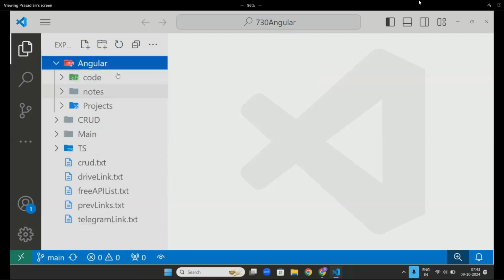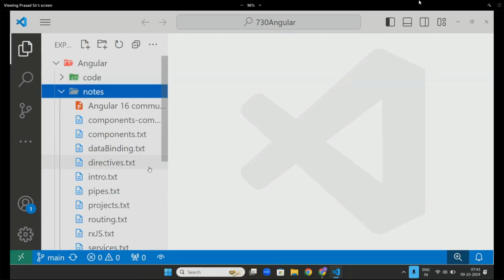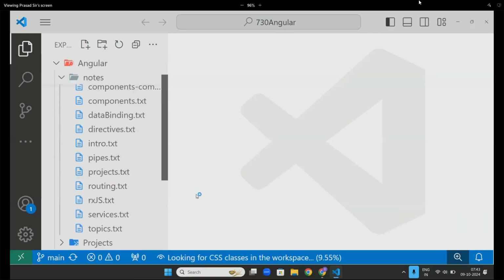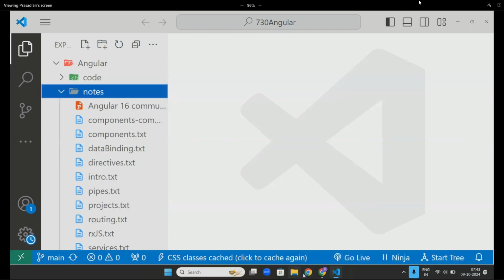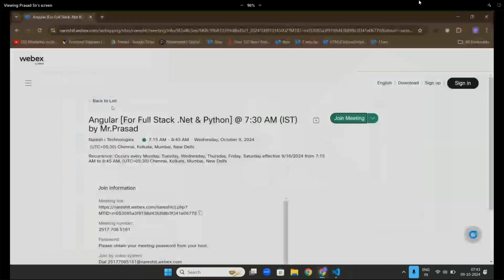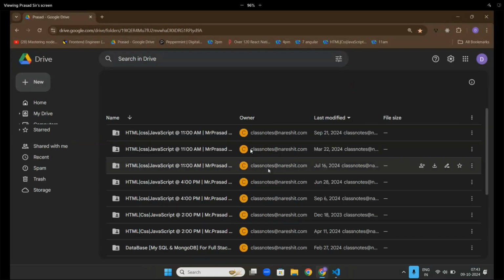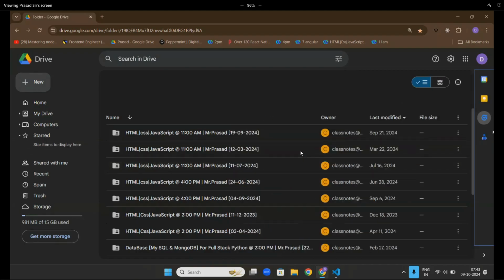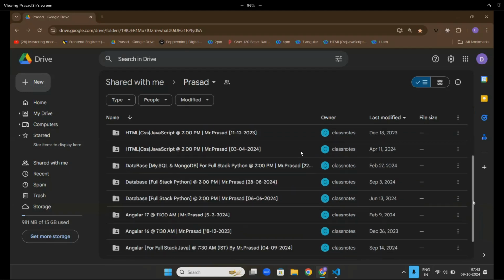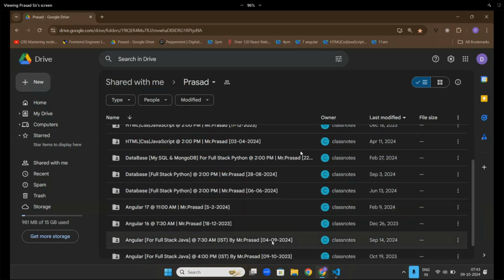Now, inside the Angular folder, the topic-wise notes are available here. Not only that, if we go to the drive, Angular 730, this is the batch.